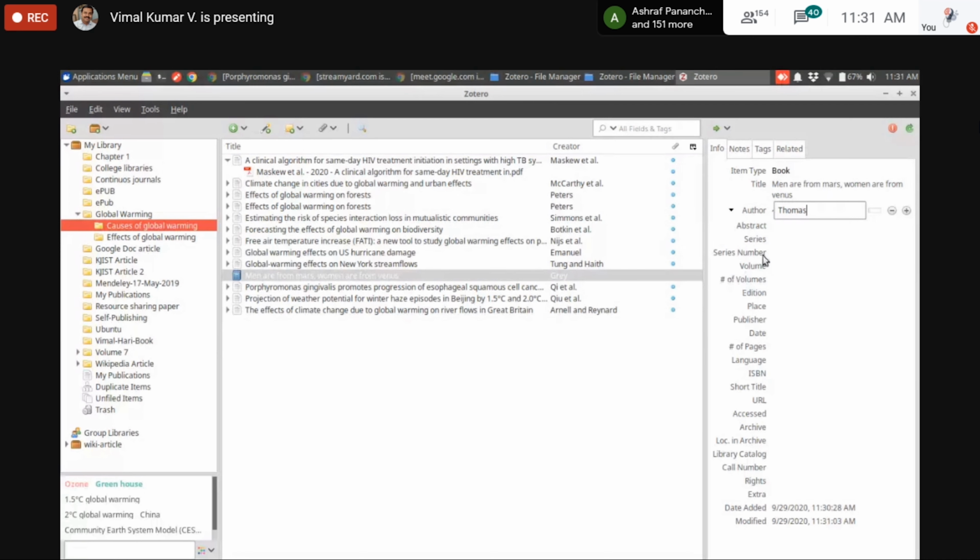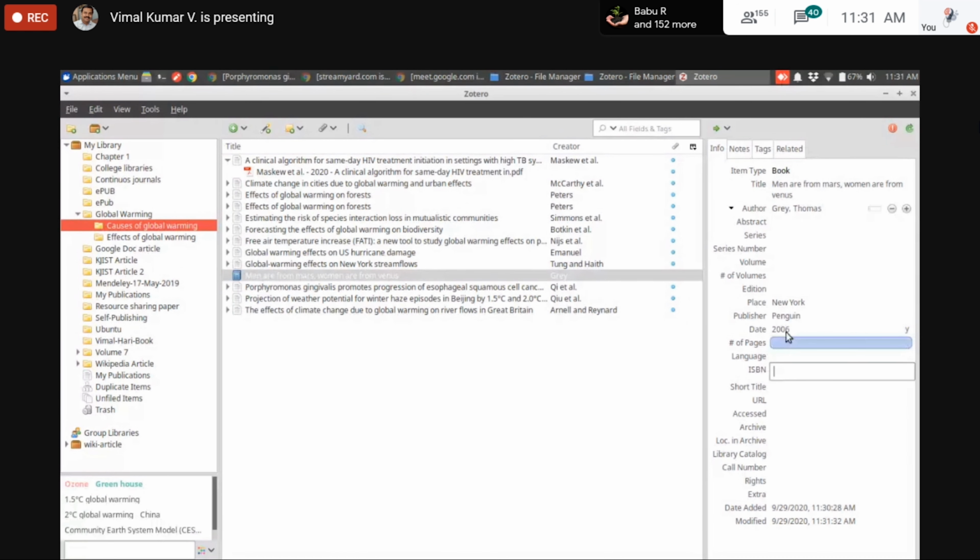Enter the details one by one manually, and the year of publication. These are the minimum details we want to add. Then you can add other details like ISBN and the URL. Anyway, these are the minimum details regarding a book.